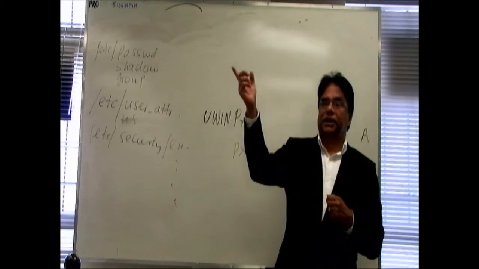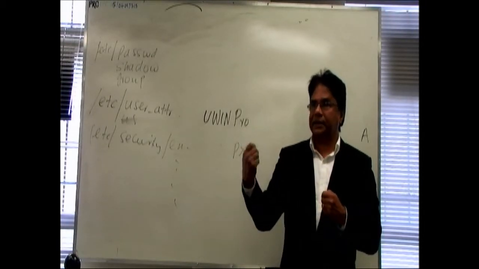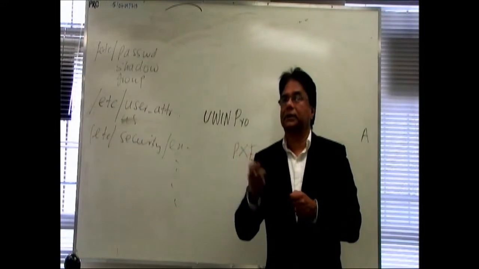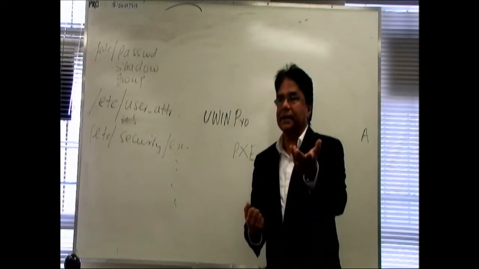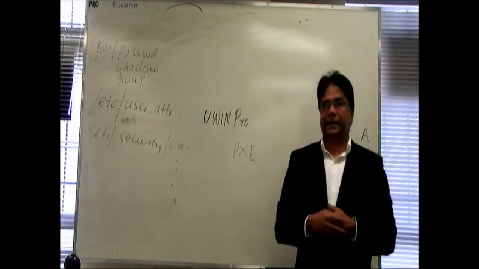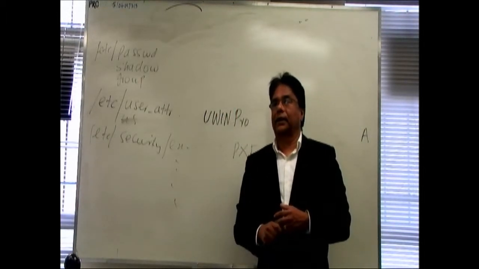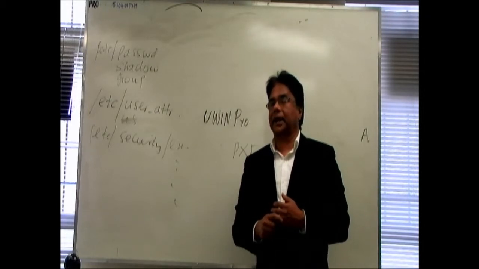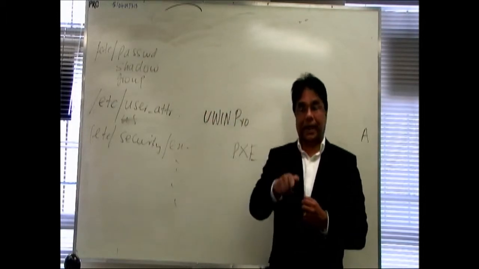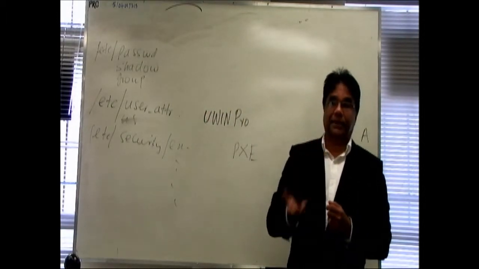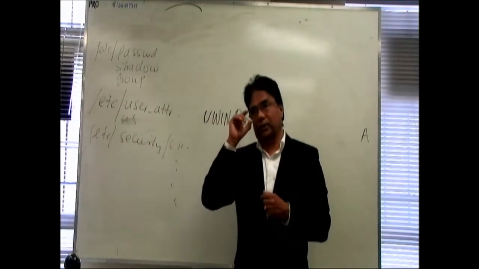Then you will send what message? RARP. RARP is Reverse Address Resolution Protocol. It gives what and asks for what? It gives the MAC address and asks for the IP address, right? So who is going to respond to that request? RARPD. RARPD is running where? In the boot server. The boot server already knows this MAC address. If it shouts, I am the person, it's my baby, right? Then the boot server will respond.